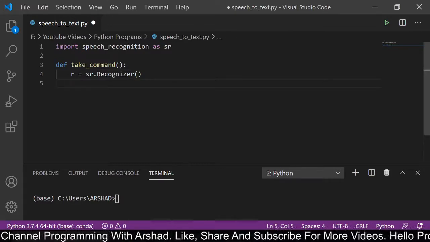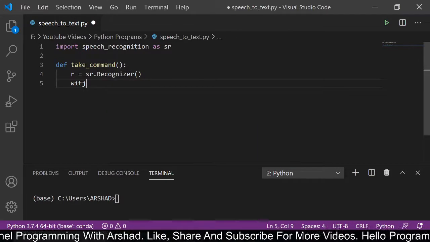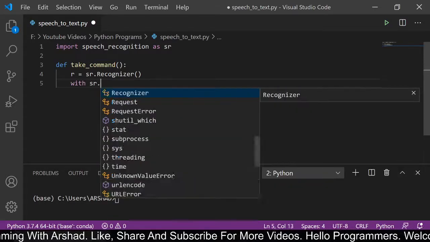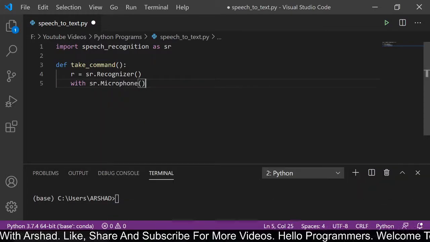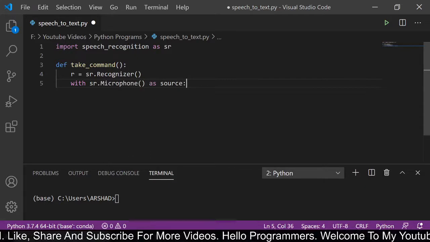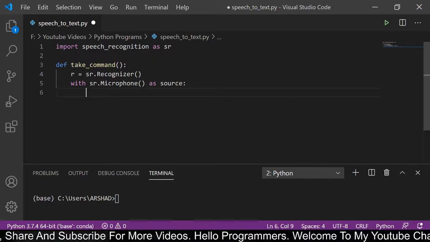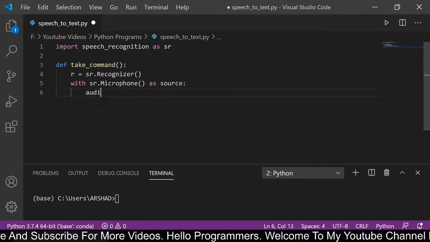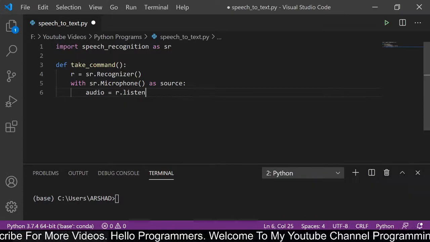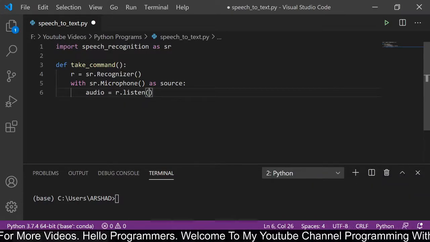Now I am using the with keyword here. With sr.Microphone() as source, audio is equal to r.listen(source).